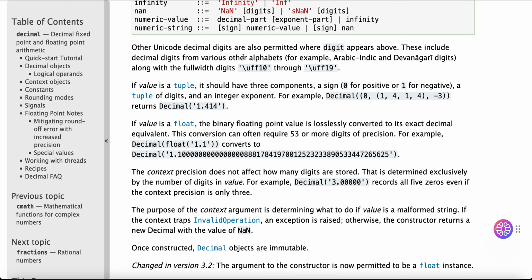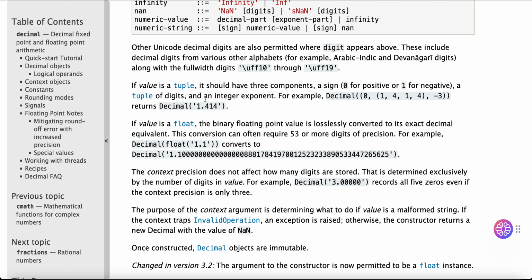Other Unicode decimal digits are also permitted where digit appears above. These include decimal digits from various other alphabets, for example Arabic, Indic, and Devanagari digits, along with the full width digits \uff10 through \uff19. If value is a tuple, it should have three components: a sign, 0 for positive or 1 for negative,